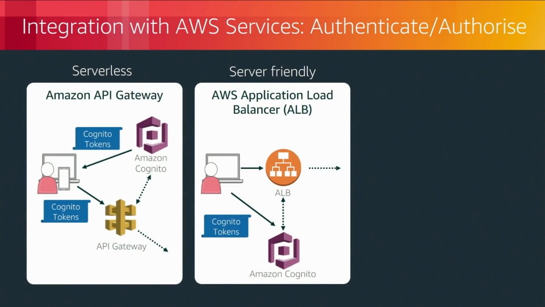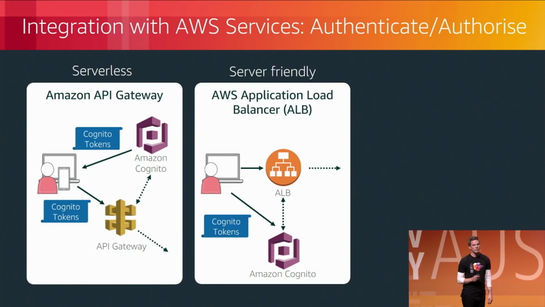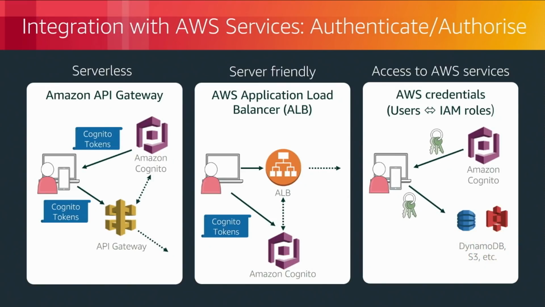Thanks, Nirav. That is incredibly easy. Literally create a rule in there and tell it I would like to authorize this user, and the integration takes care of the rest. Imagine building that on your own. That is a lot of code, not to mention you might be putting some of that heavy lifting on your application servers themselves. So as mentioned before, we can also use these Cognito authorizations to access our AWS services.